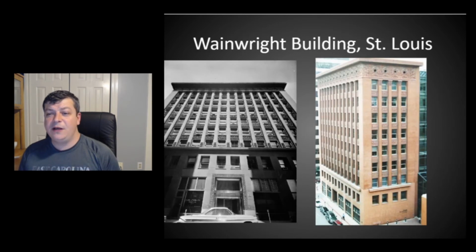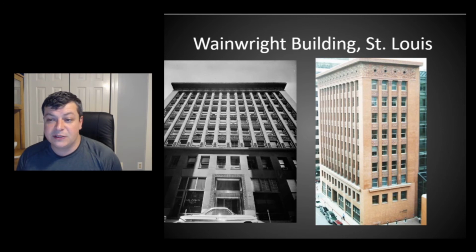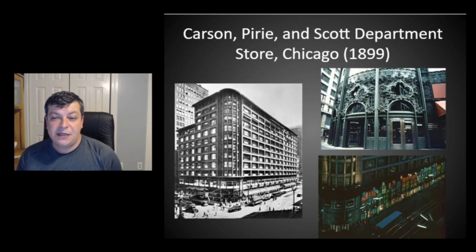So Louis Sullivan, what he started to do is work on skyscrapers and office buildings. Here's one from St. Louis. Here is the Carson Pirie Scott department store, a Chicago building of 1899. And this, you can truly see a lot of the concepts behind Louis Sullivan's style in the Chicago School of Architecture. Louis Sullivan published an article known as the Tall Office Building Reconsidered.